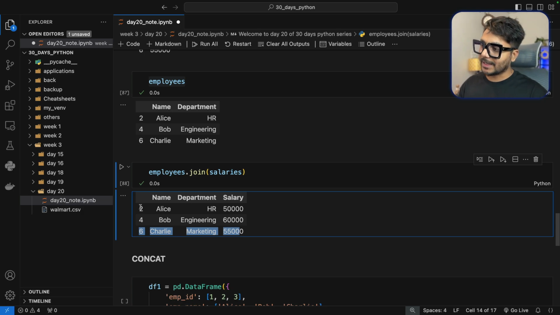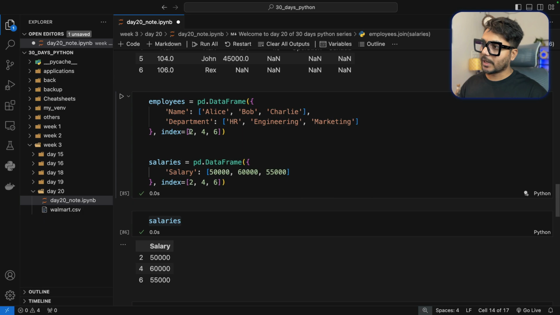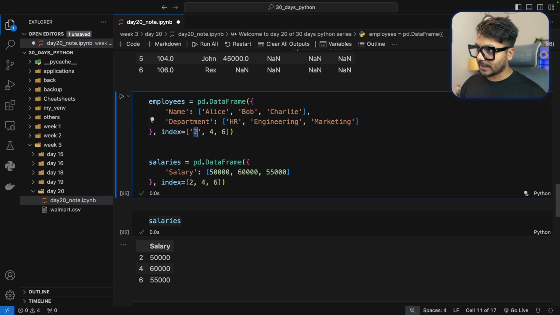Okay, you can see based on the index we are getting the Alice salary. Because we have given some index here, based on the index we are doing the join. Now I can go ahead and define some index, maybe something called A, let's say, B here, let's say C. Now I can give them the same index, but let me give an index which is first B here,